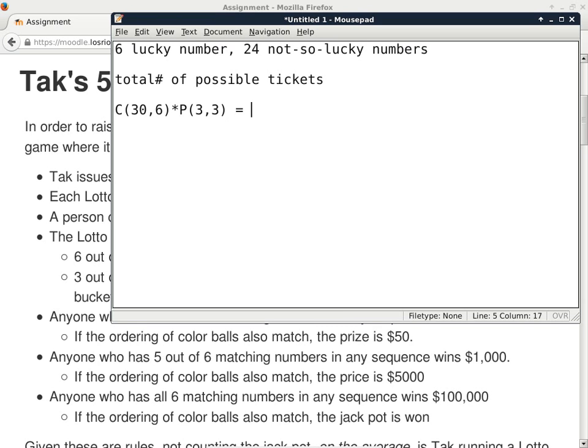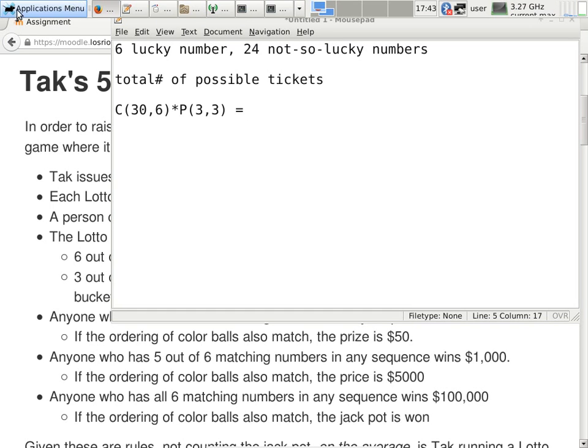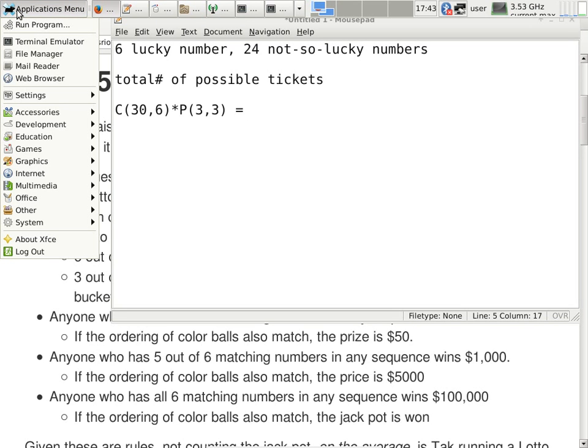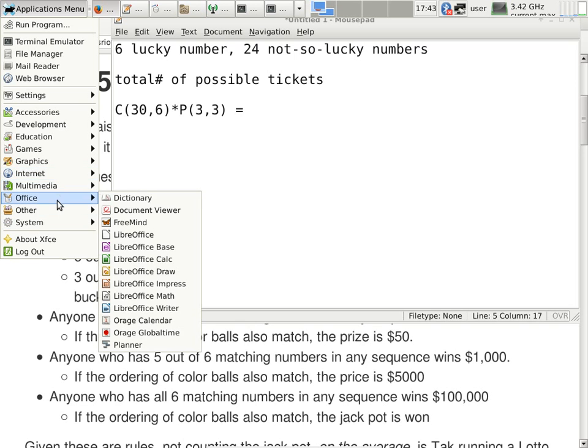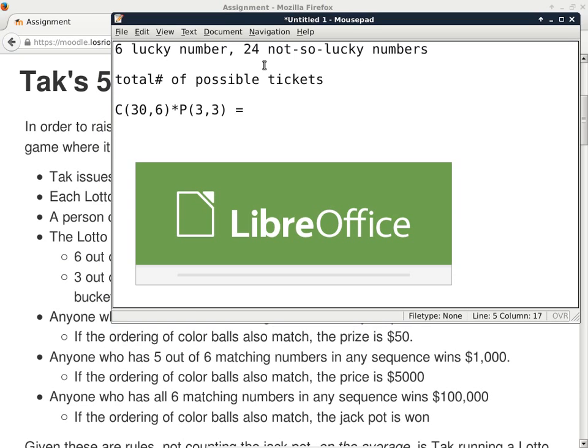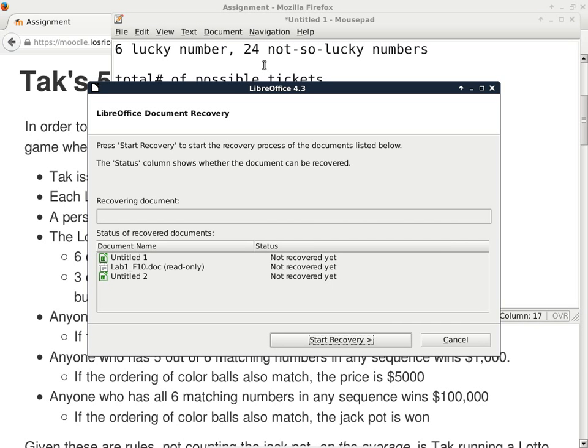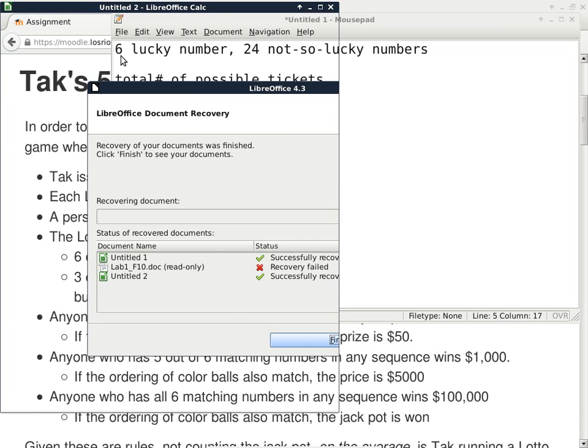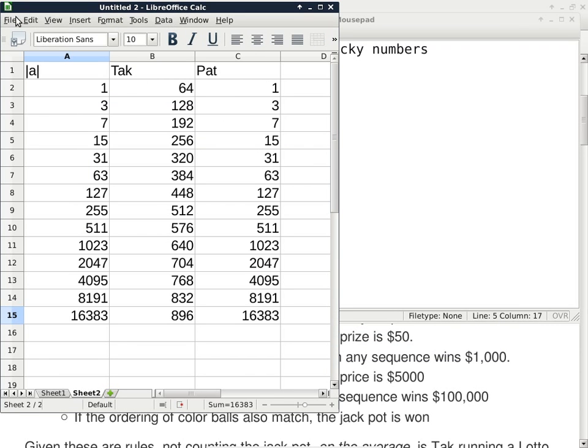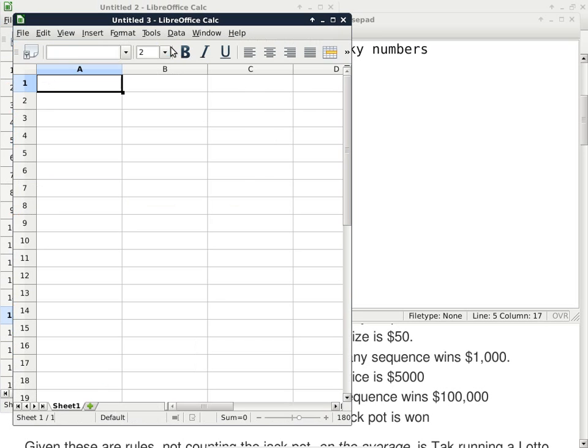Now, the actual calculation part, I will leave up to a spreadsheet, and that's why I told you that you can use a spreadsheet to turn in, because it's just easier that way. If I go to a spreadsheet, and you can use Excel, I can open up Excel files as well. All right, so we will calculate the total number of tickets.